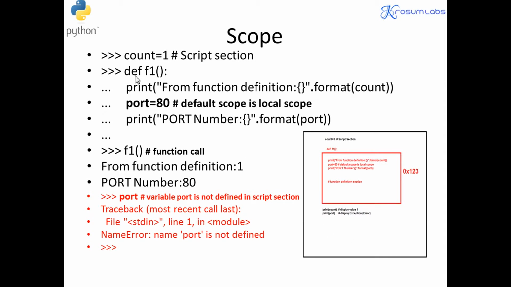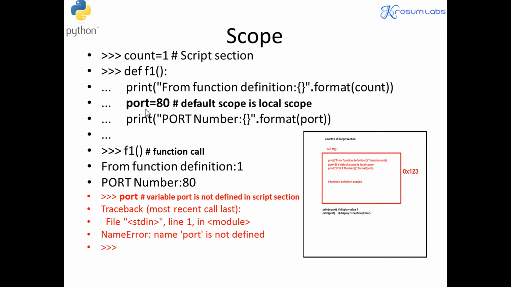I'm writing def followed by the function name, the operation inside, then the middle part like function call arguments. Now concentrate on this scope usage. I declare the count variable as 1. I can access this count variable inside this function. It means you can declare a variable in the script section, and that variable we can access inside the function. Once Python interprets this line, this namespace will be updated. So that is global script section code. That code will be enabled and updatable, accessible inside the function. So script section data we can access inside a function directly.